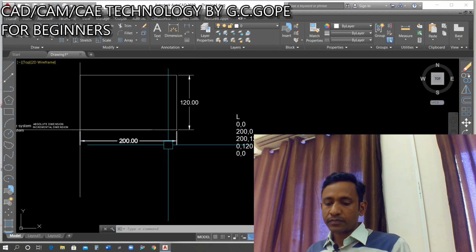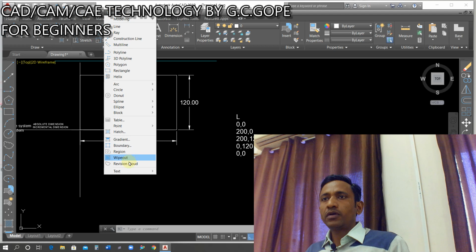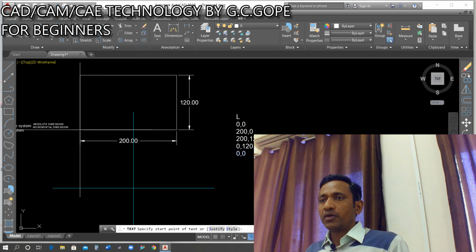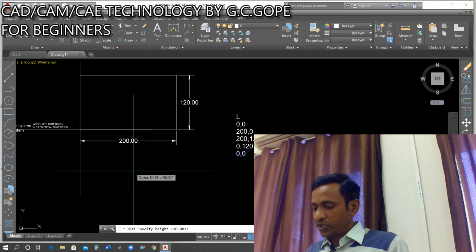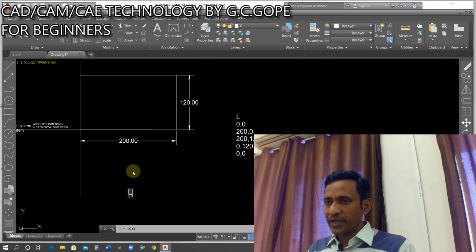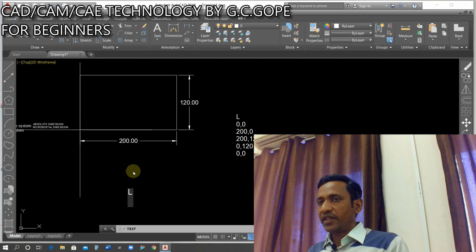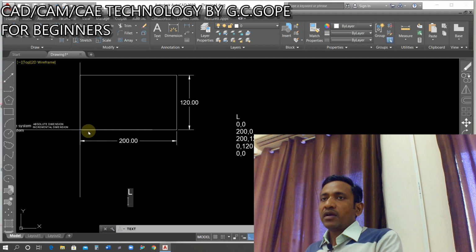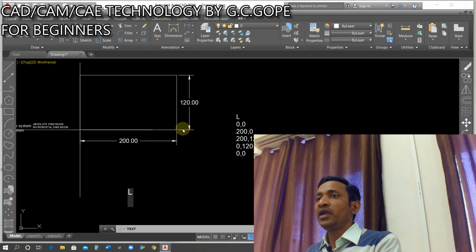How to use it? First, go to draw, select text. I will show you. First, I'm going to take some text. Suppose the height is 12, it should be 0. Now first press L, enter. One more thing we have to know about incremental dimension: if we have a number of vertices, suppose we have how many vertices in this rectangle? 1, 2, 3, 4. We have 4 vertices. That means there would be 4 individual axis systems in incremental dimension.